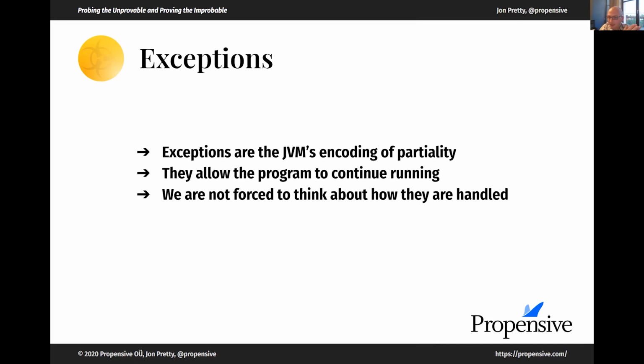This is convenient for those sorts of script-like programs, but it doesn't work so well for production applications where you really want to make sure that at least as much of your data flow is total as possible.